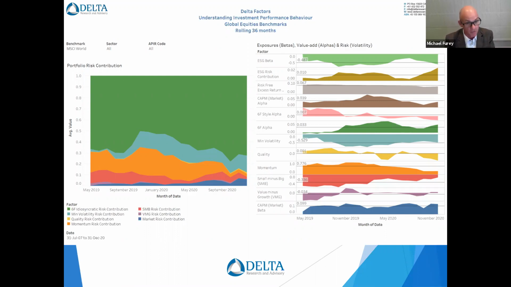We can see minimum volatility, negative. So it's sort of high volatility stuff. These are all market neutral factors. We've got orange, momentum. Maybe it's a managed futures strategy. I don't know. Well, I do know it's global macro, but maybe there is some managed futures part of it. And then there's negative red. The red is size. So that's large caps coming through, but the majority of it's green.